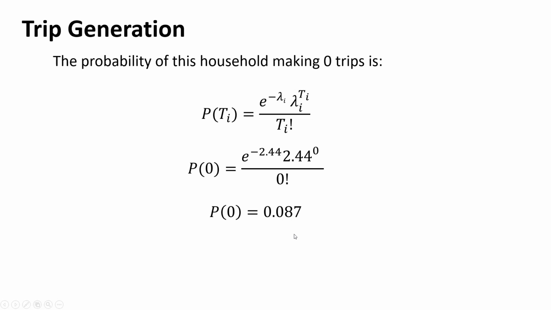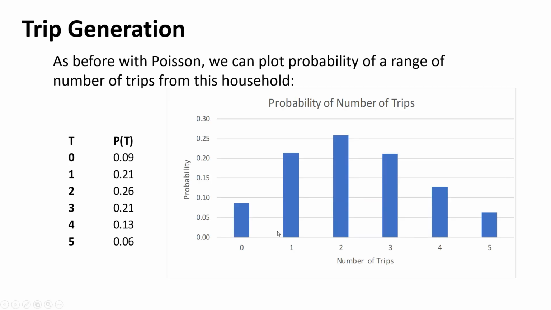And now we can do a distribution. We can plug that in, so that's the probability of 0 trips. We can do this distribution like we did before with the number of vehicles arriving. What's the probability of 10 vehicles arriving while the signal is red? Remember, that was the example we did in traffic signal systems with the Poisson distribution. So here's our probability for 0, that's at 9%.